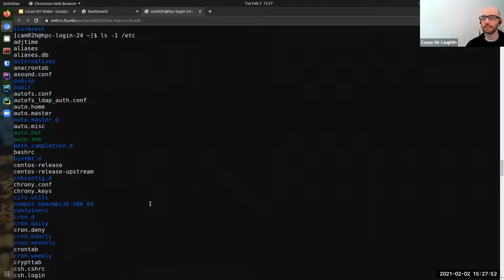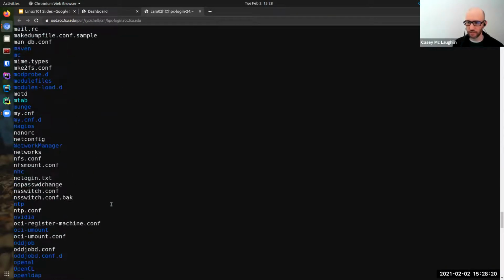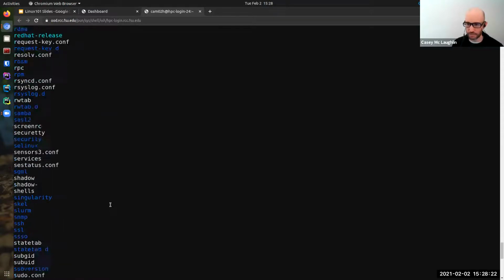Also, I'd like to pause here and note that while my output contains pretty colors, you can't count on that being available. I don't remember if Mac OS X has that enabled by default. I think it does, but a lot of times you'll just get gray here. So if that's what you're seeing, don't worry about it. The colors are just a feature of the particular distribution of Linux I'm using.